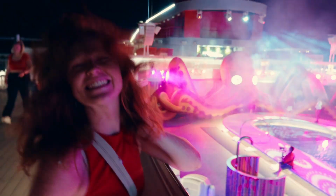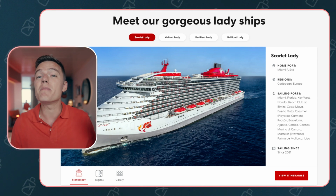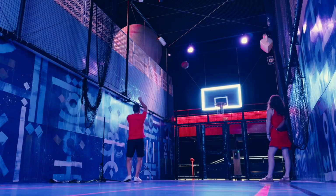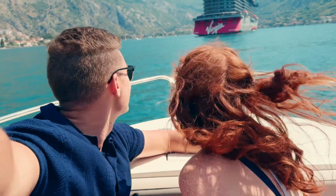All right, last but certainly not least, the vibes category and my final thoughts on all of this. If it wasn't obvious by now, there are plenty of vibes to go around on Virgin Cruises, and despite the fact that they are a brand new cruise line, they hired some of the best names in the industry to really think through every aspect of their cruises. And while I'm sure there's a few things that they would probably do differently, overall the vibes are very high on board. This has been one of the most relaxing weeks that I've had in a very long time,